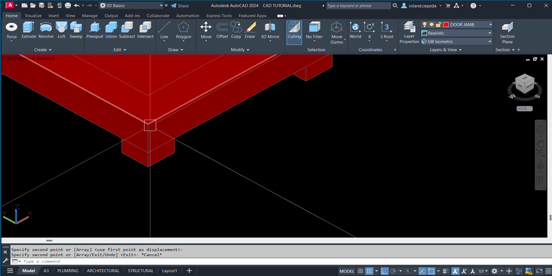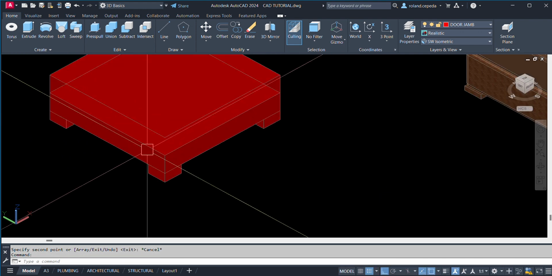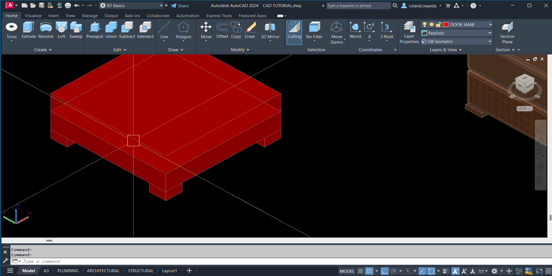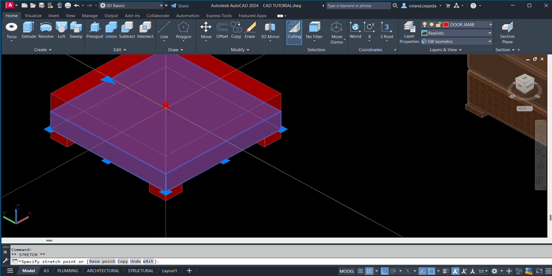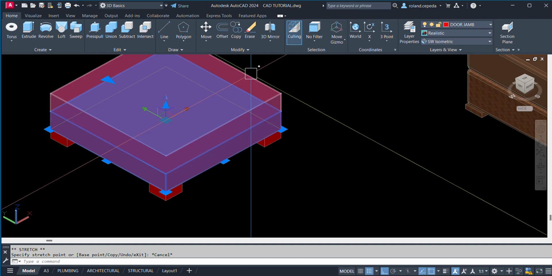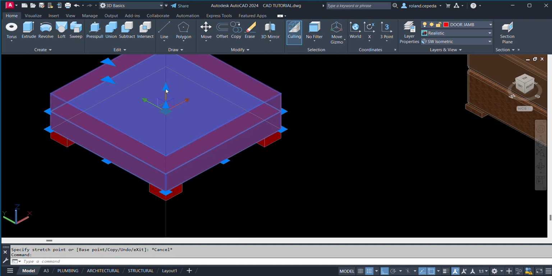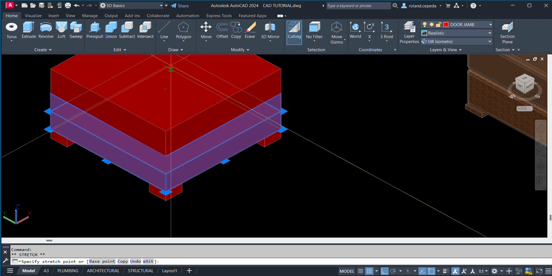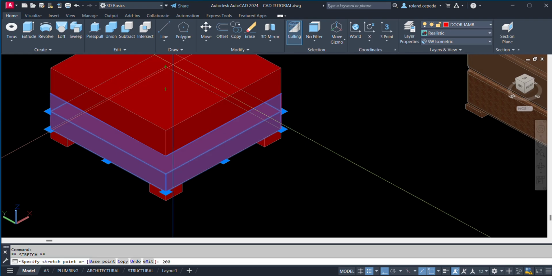Okay, and then since this is only 100 mm in height, I will drag this one to 200.